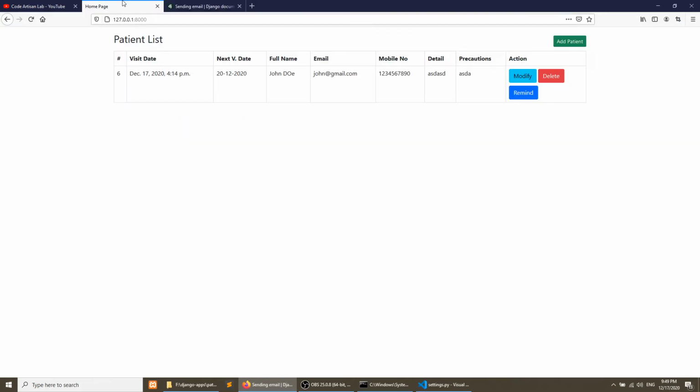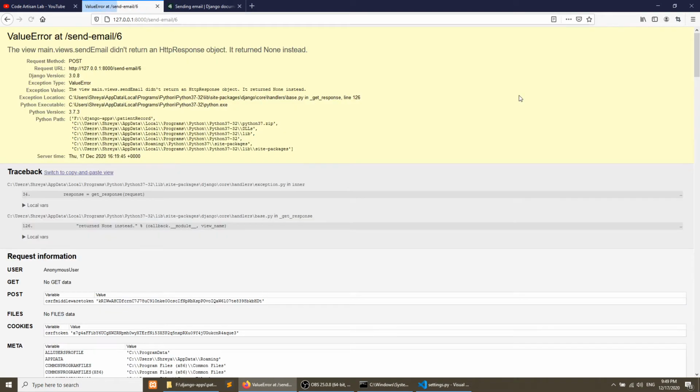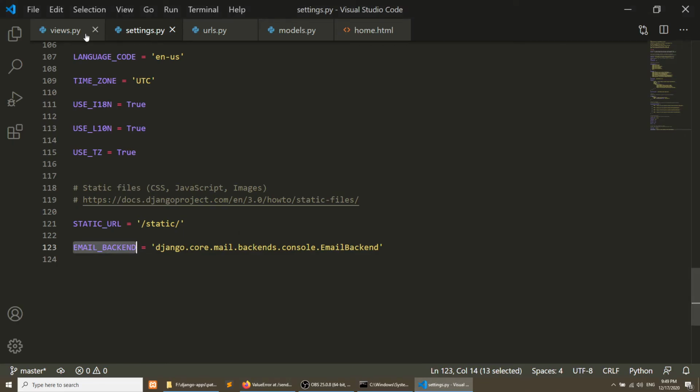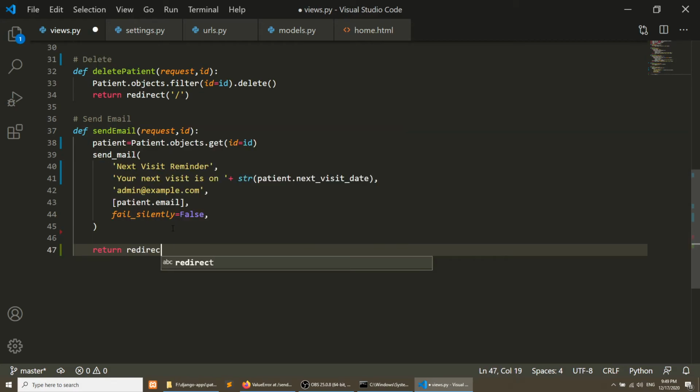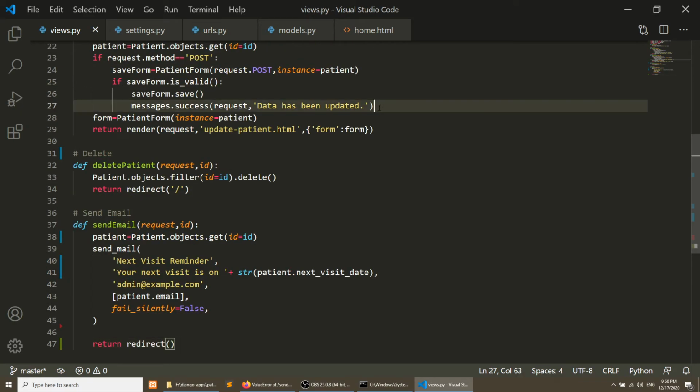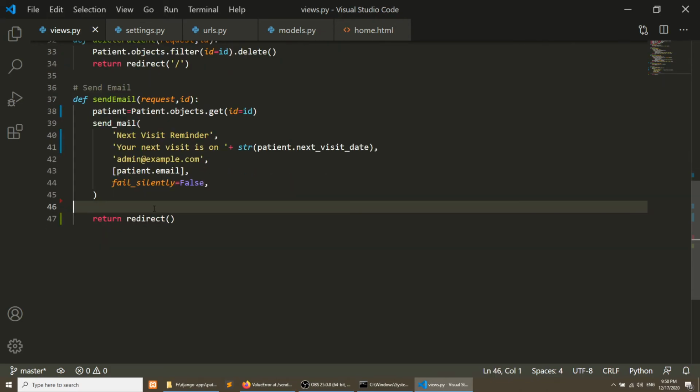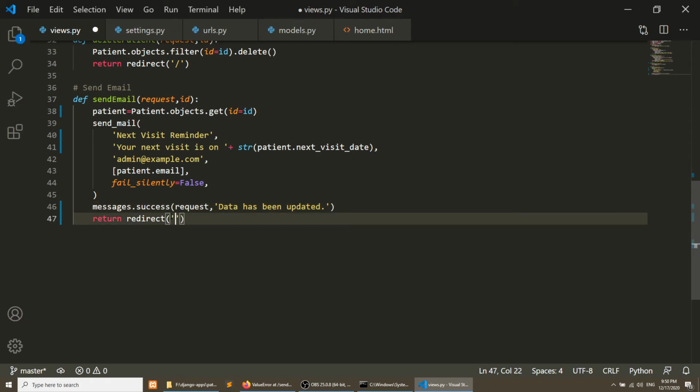Let's check this out. Refresh this page. We are not getting any error, so everything is working fine. Now click on remind, and it says the view did not return an HttpResponse object. So here we will return a redirect to home, and we will add a message: mail has been sent.